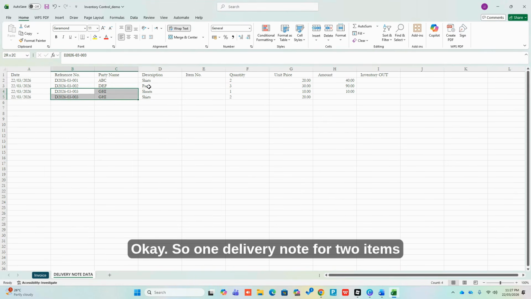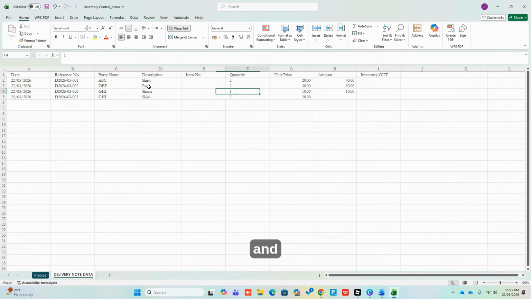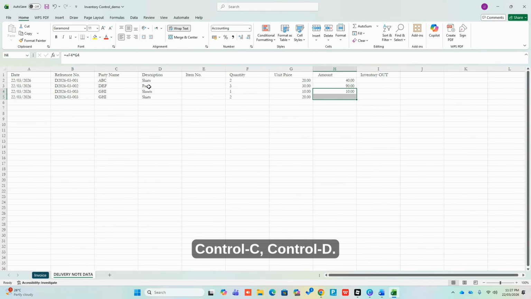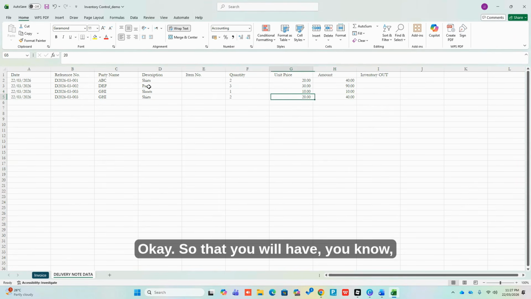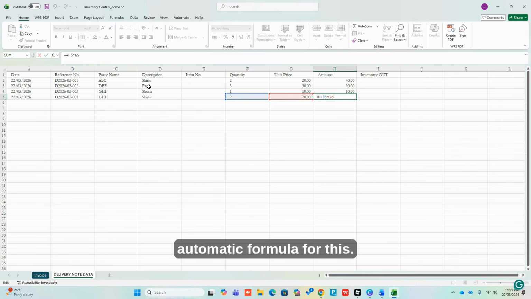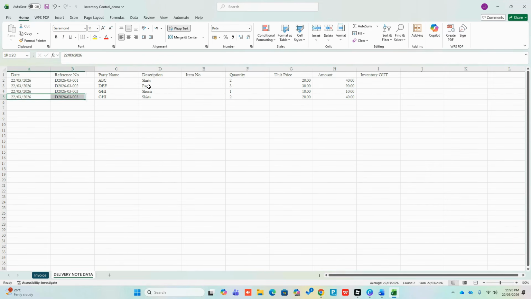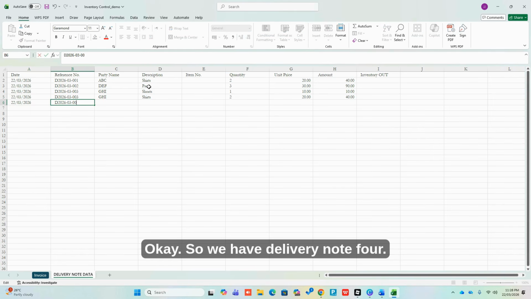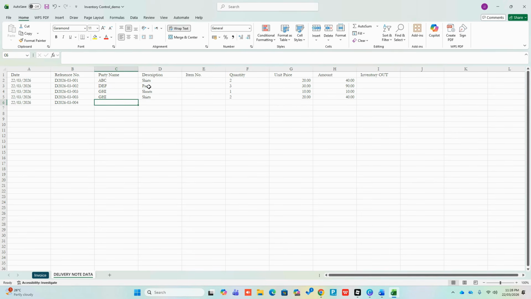Okay, so one delivery note for 2 items, and Control D or Control C, Control D. Okay, so that you will have an automatic formula for this. And you keep moving. Okay, so we have delivery note 4 and